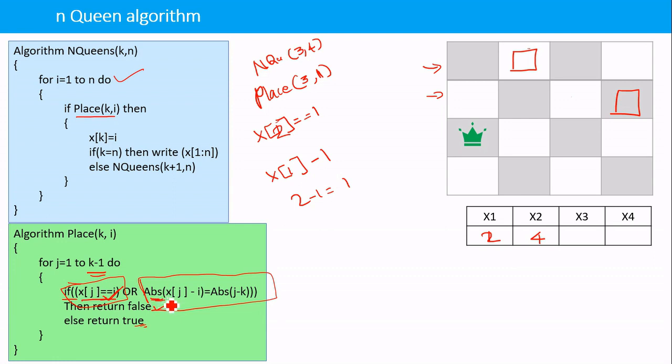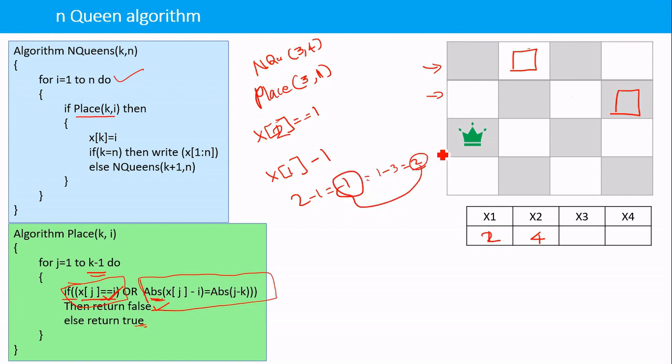That is why I am using the absolute function. Then I will take the absolute value of j minus k. Here j is equal to 1 and k is 3, so 1 minus 3 is minus 2, and the absolute value is 2. So these two are not equal.